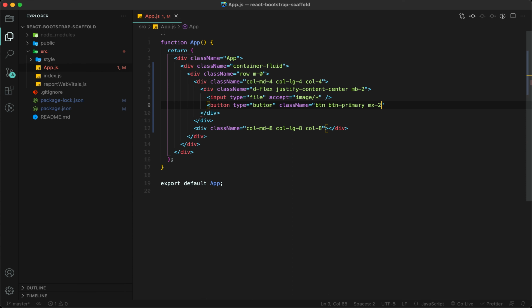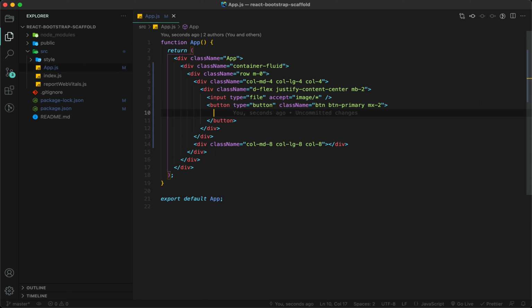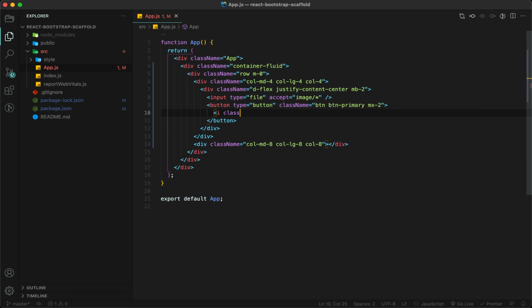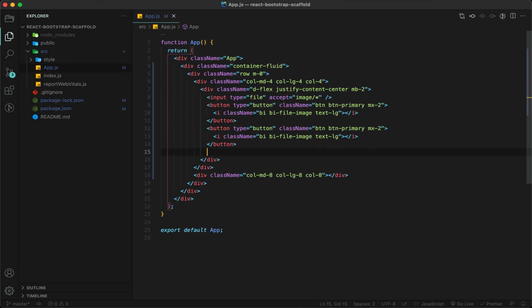Since I already have installed Bootstrap Icons, I can give the icon name: file-image, and I'm going to also make it larger. Similarly I'm going to copy this one and add it 3 times.